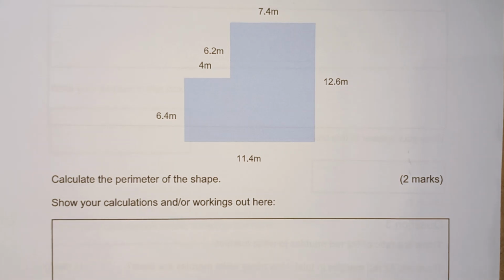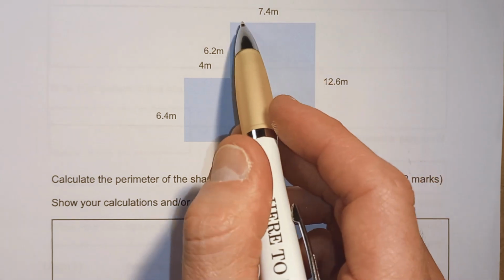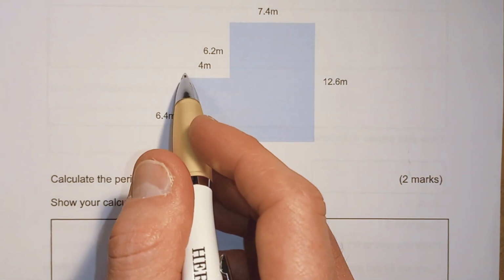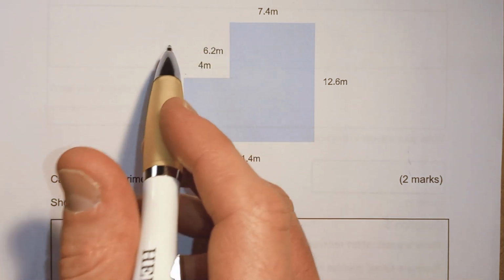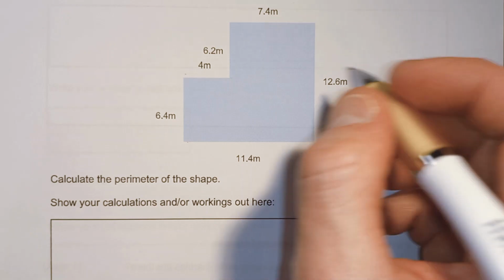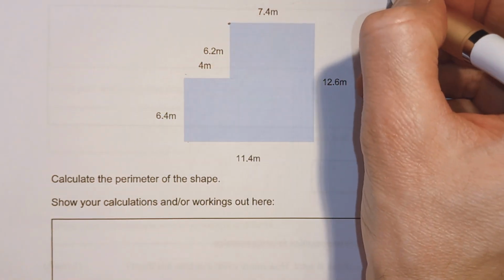Right, so what I'm going to do to start with is make sure that I've got the measurements for all of the sides around my shape. So we've got 7.4, 12.6, 11.4, 6.4, 4 and 6.2 up there. Right, so we've got all of those. All we need to do is to add them together. So I'm going to mark here so I know where I'm starting. So we're going to have